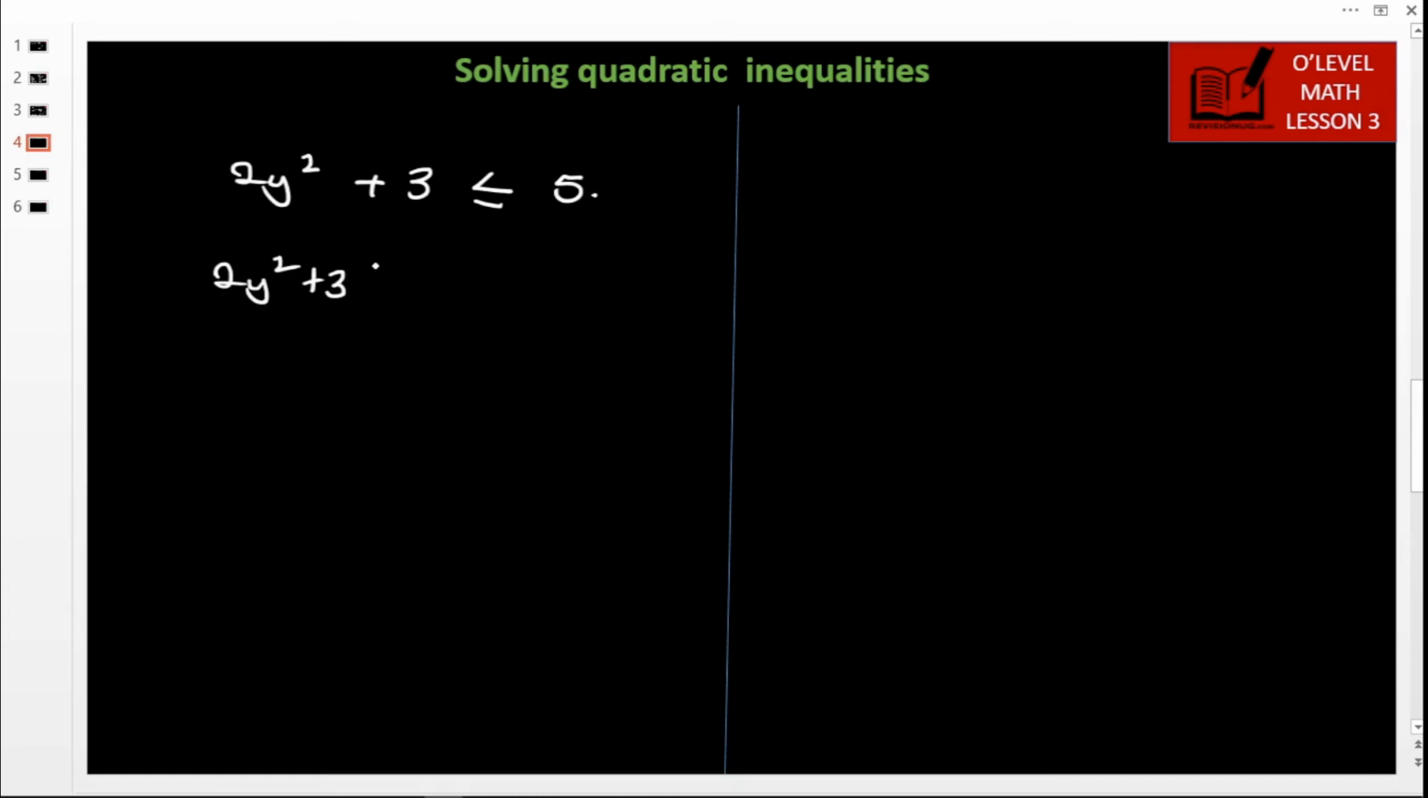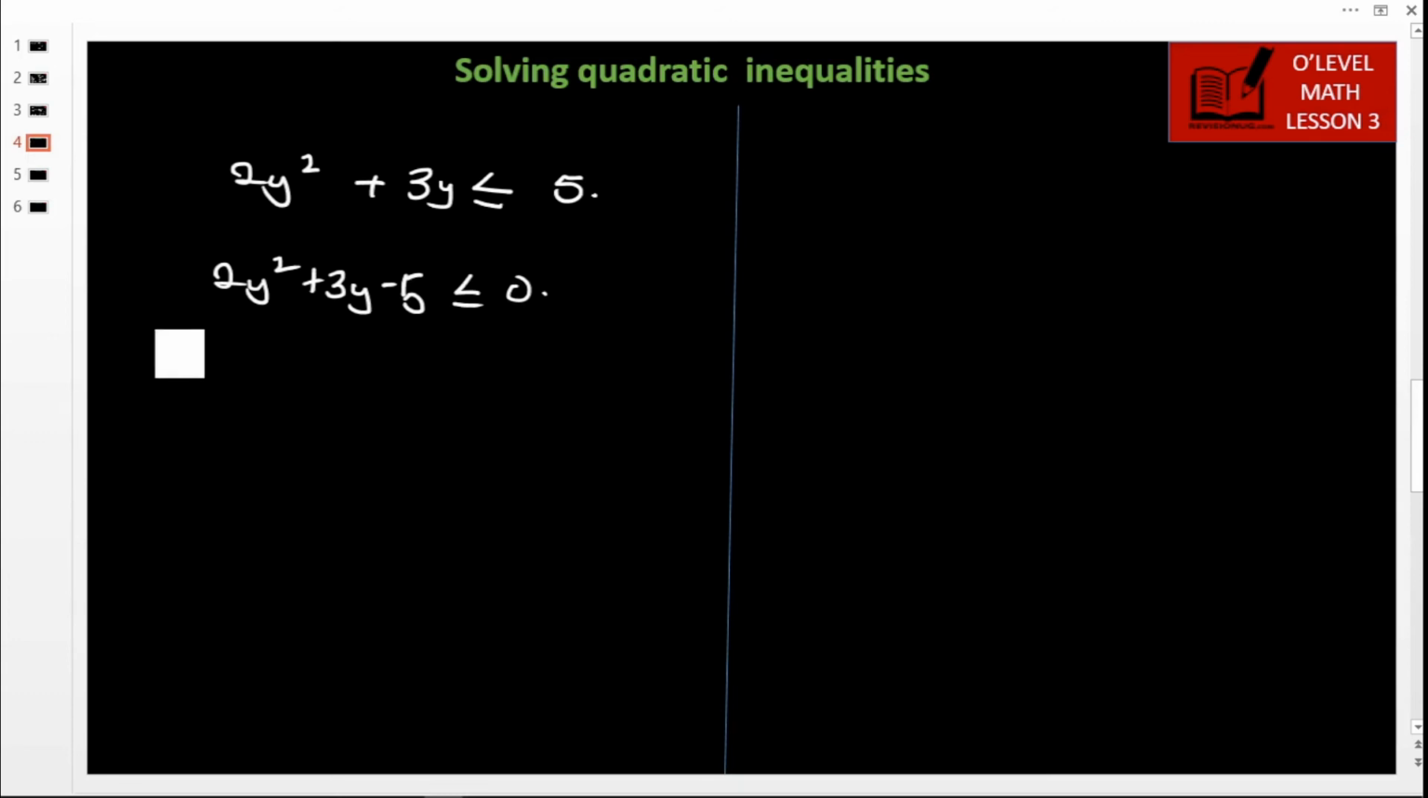Sorry, this is 3y. This is 3y, then minus 5 is less or equal to 0. So our sum is 3, our product is 5. So two numbers, when you multiply them, they are giving you